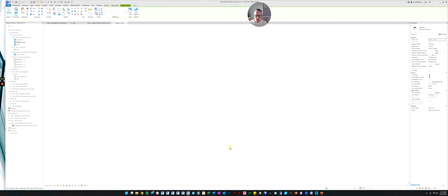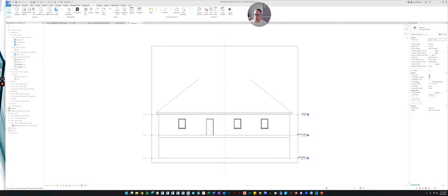let's go back to this view and let's name the view. You can see right here, right now it's named Elevation 3A. You can right click here and rename it, or with nothing selected in the view, you can look over at the view properties and find the view name right there. So I'm going to name this Front because it's the front of the house. And I'm going to click OK.